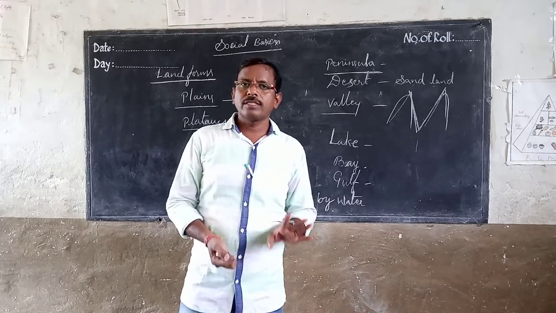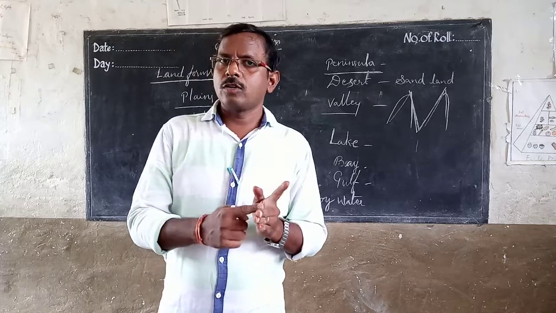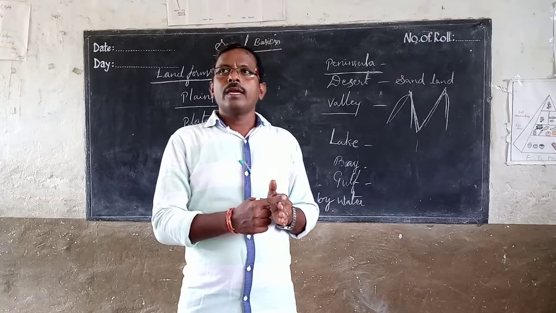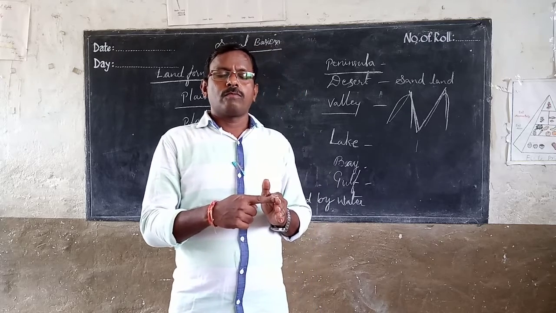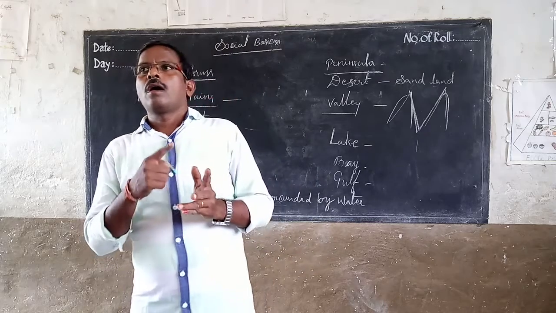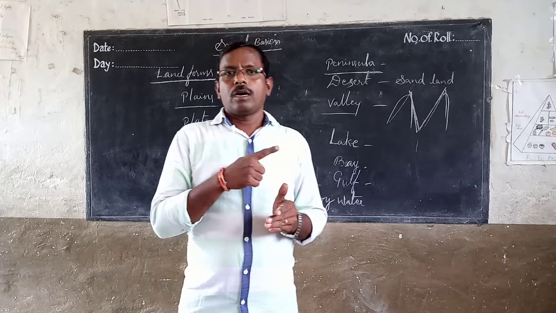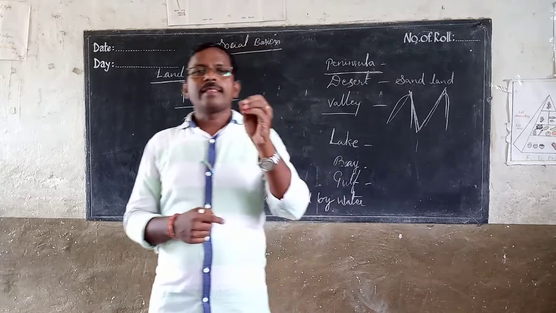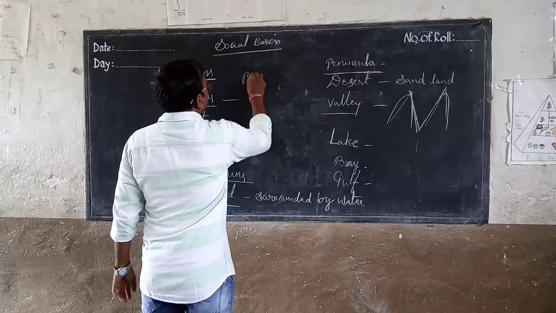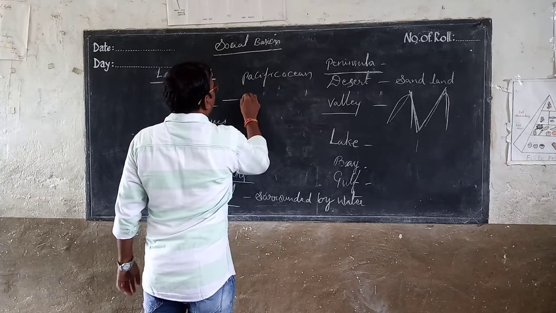What are those five oceans? Pacific Ocean, Atlantic Ocean, Antarctic Ocean or Southern Ocean, Arctic Ocean, and Indian Ocean. Like this, five oceans we have. I will write them here. Those are the Pacific Ocean, Atlantic Ocean,